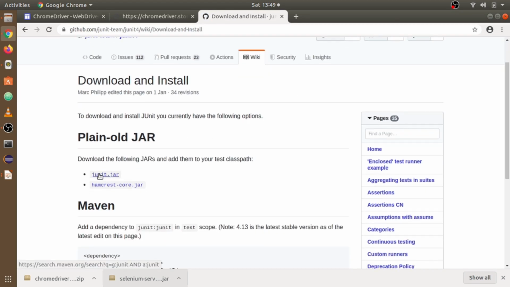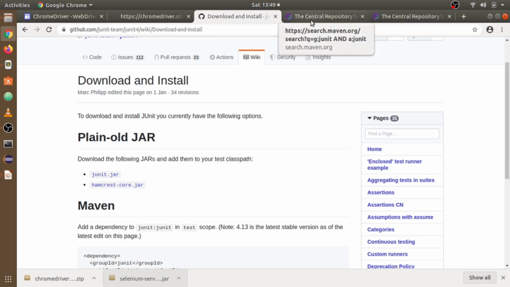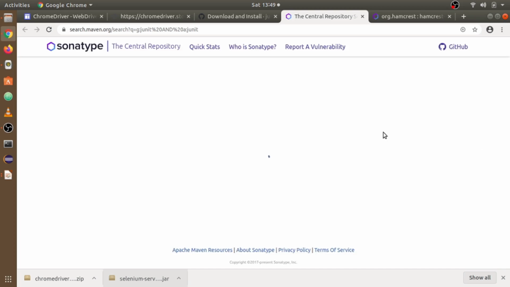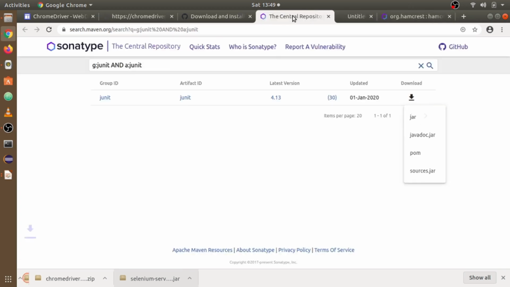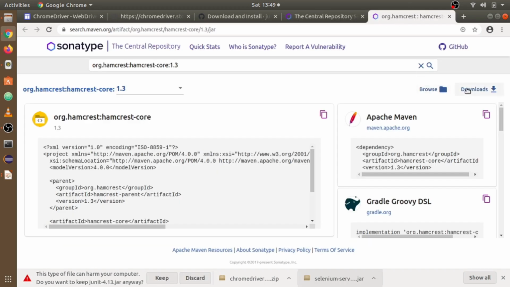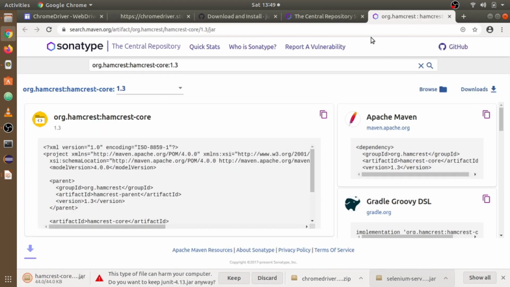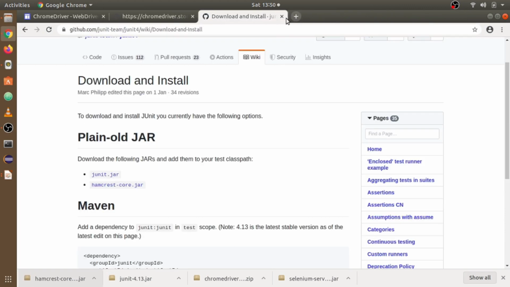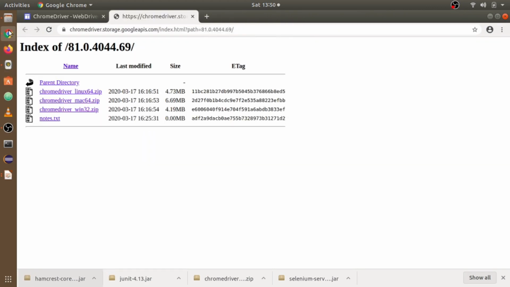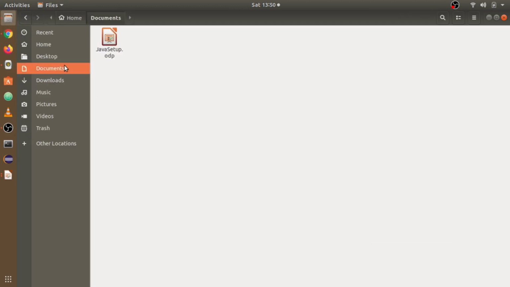So we have to download these two jar files, as you can see. I will click and open them one by one, and then finally download it. Okay, and download the jar file, remember that. Okay, same for this jar file. See, the message comes once again, just click keep, and pretty much we have downloaded whatever we needed, and now we'll check if it's there or not.